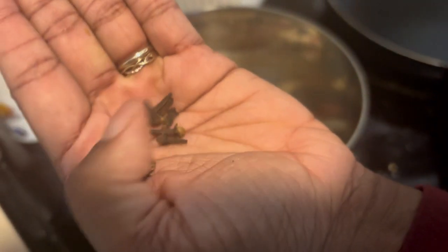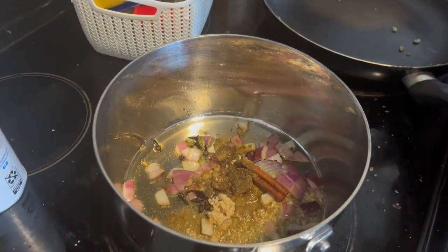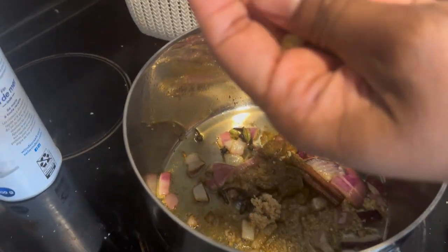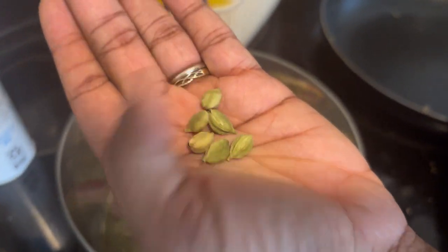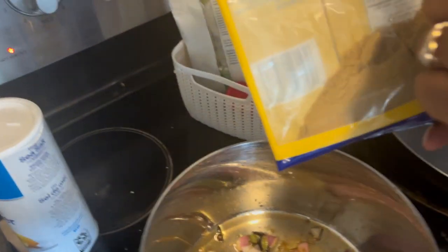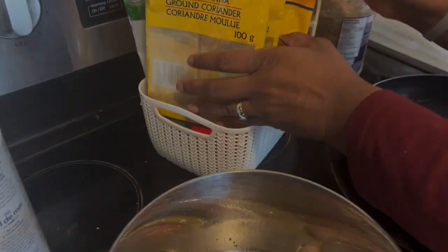I have a small to medium sized pot here with 2 tablespoons of olive oil, 4 to 5 cloves, and about 4 to 5 pieces of cardamom. Now, what's really important is that these seeds get roasted in the oil so that their natural oils come out and the flavor really starts to seep into the oil. I also add about 1 teaspoon of coriander,